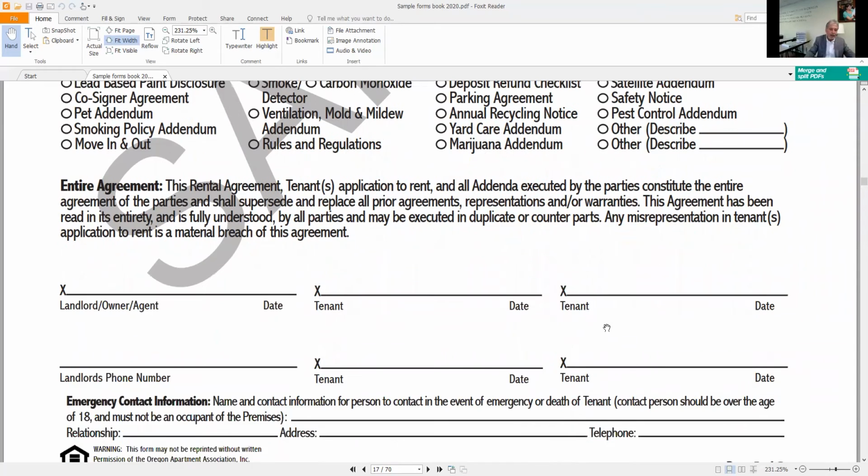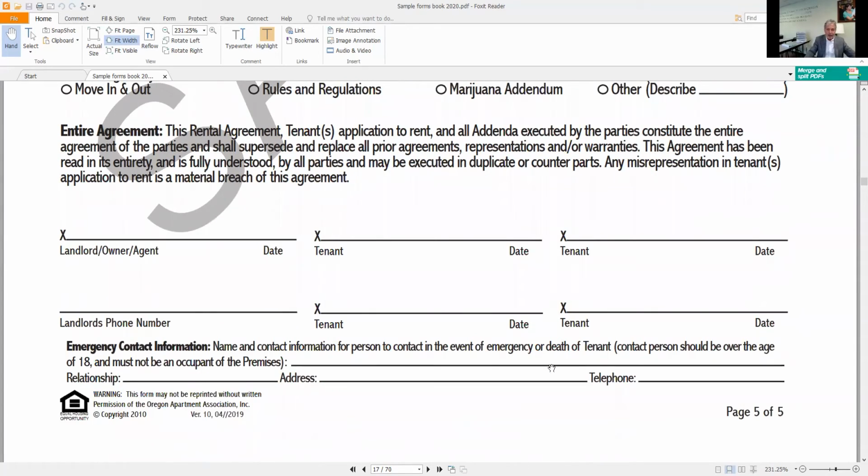Lastly, is the emergency contact information. Excuse me, I'm going to take a drink. This is nothing to get choked up about. Excuse me, but